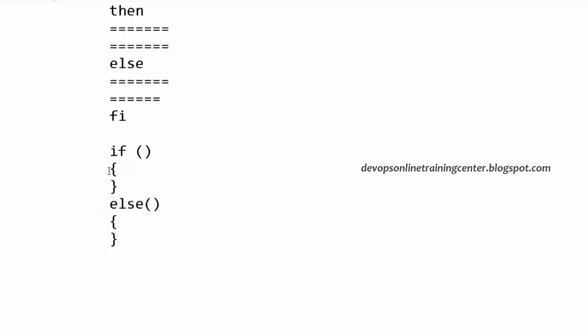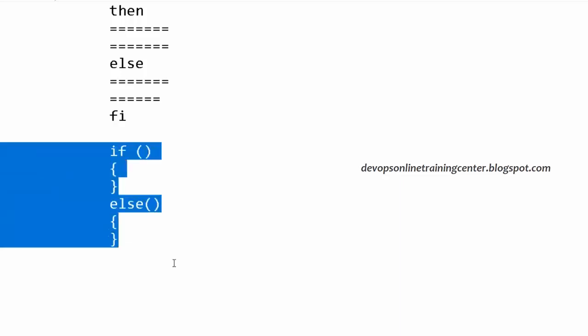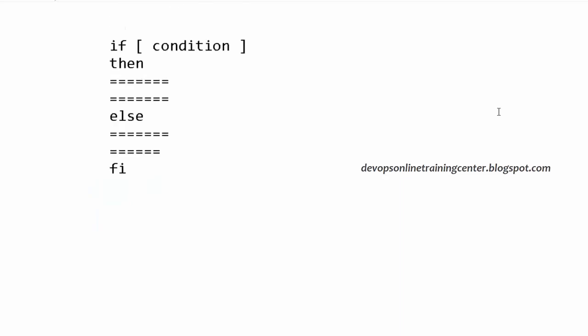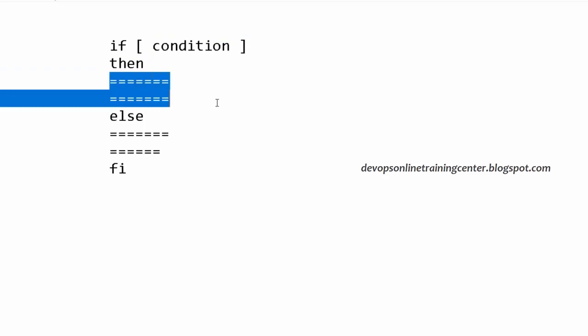Because we know that it starts with this curly brace and ends with this one, and again starts with one curly brace and ends with another curly brace, the interpreter knows where the block started and where it ended. In the same way, in shell script, the interpreter knows that it starts with if and then, there is something called else, and if the condition is met, it will go to this block.